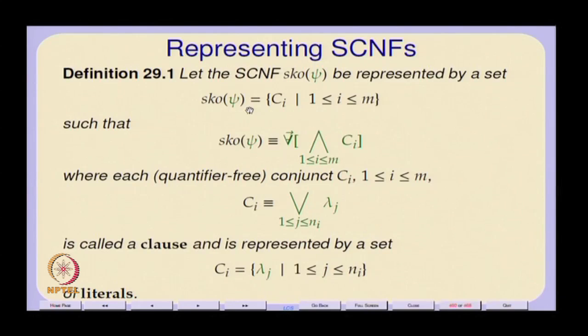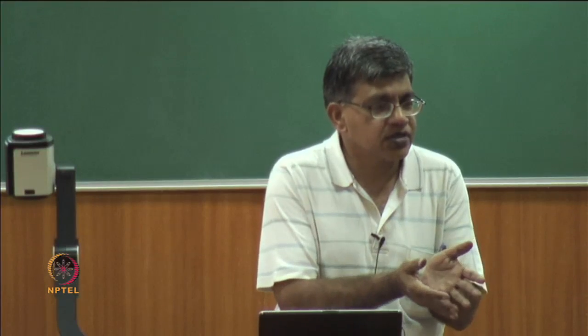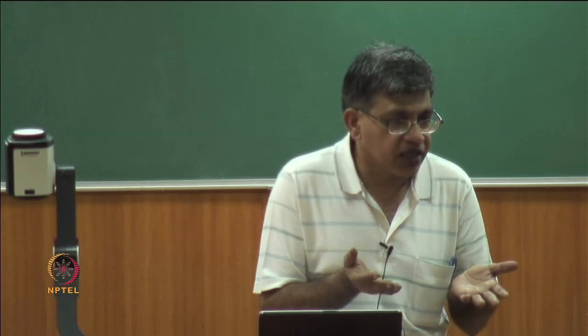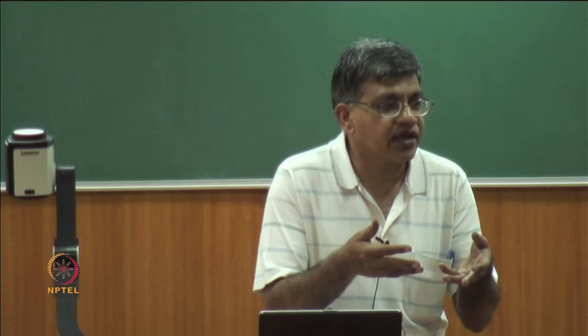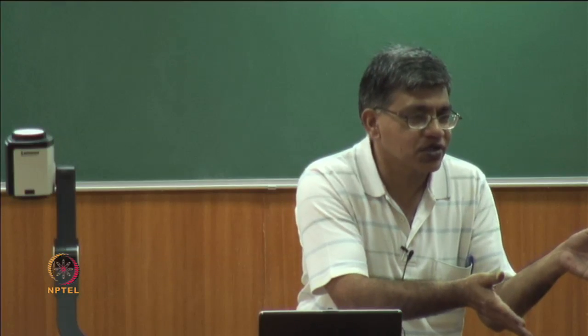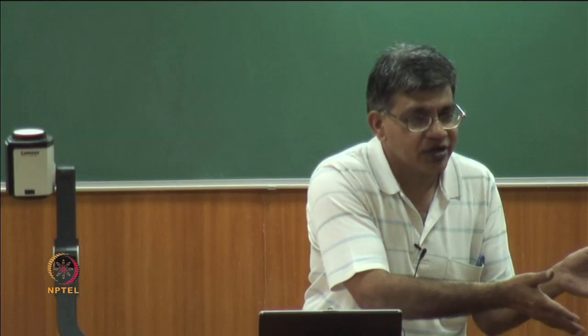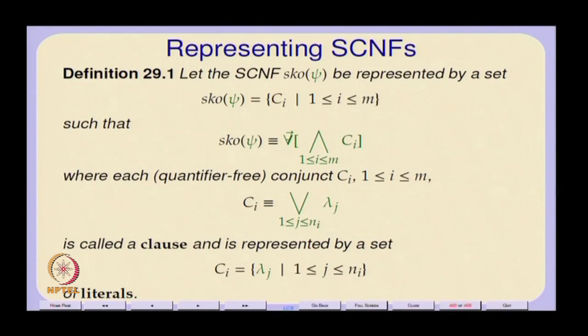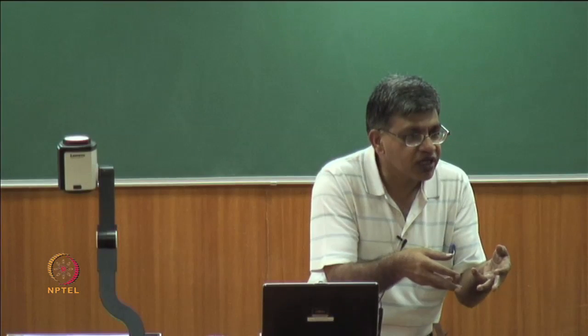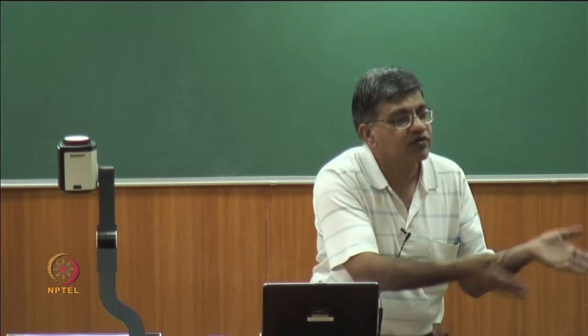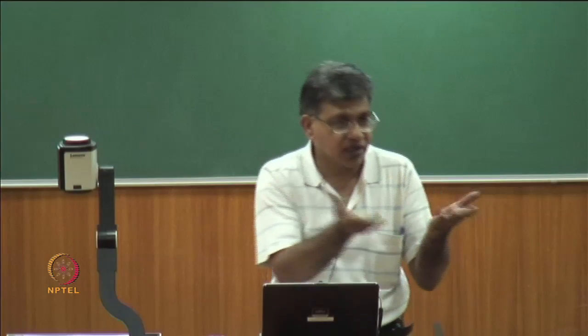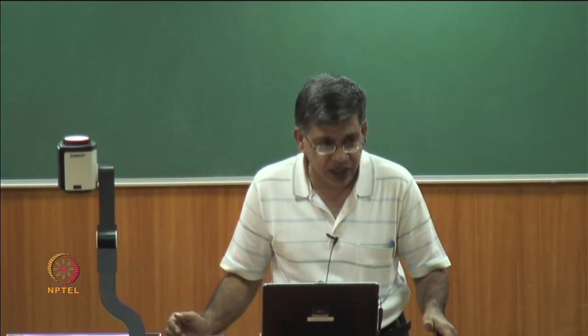You just argued that we can, if the formulae are open, we can universally close. Actually, what I meant was most of your first order theories, the axioms are expressed as open formulae under the assumption that they are valid for all the models that you are interested in. If they are valid for all the models you are interested in, and they are therefore valid for all possible valuations of the variables in the formulae, then their universal closure is also valid in those models. That's all. That's really the implication.